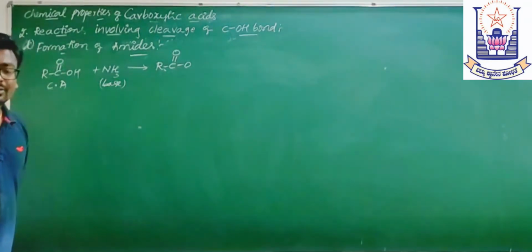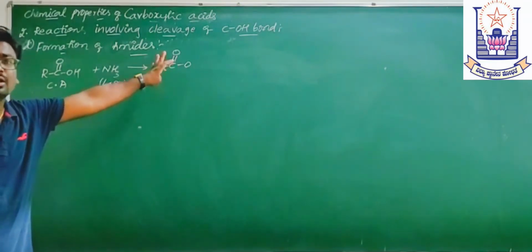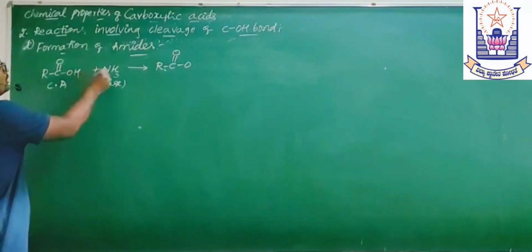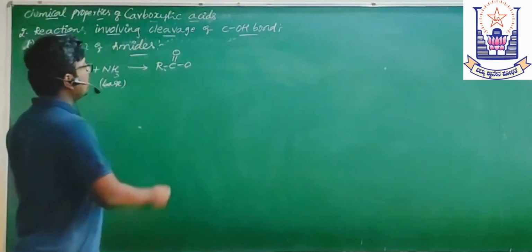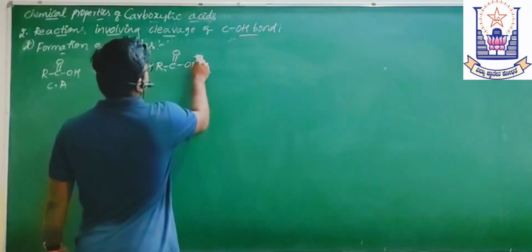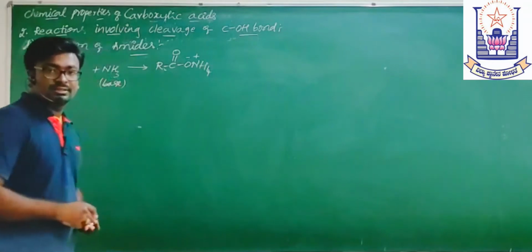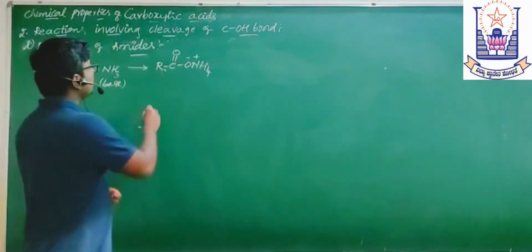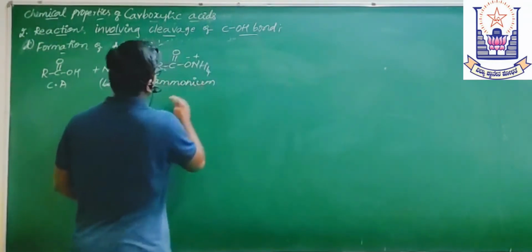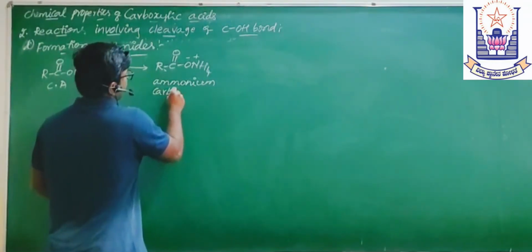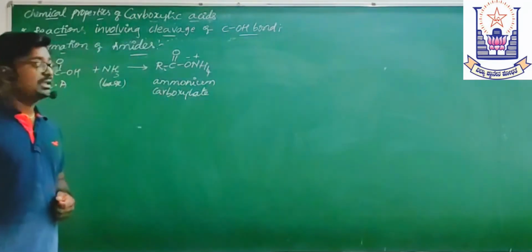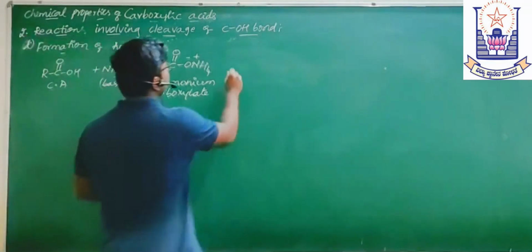So what will be the product formed? It will be a salt. When an acid reacts with a base, you will get a salt. Which salt? You are going to get the ammonium salt. NH4 plus, and this is also minus. What is this called? This is called ammonium carboxylate. When it is further heated,